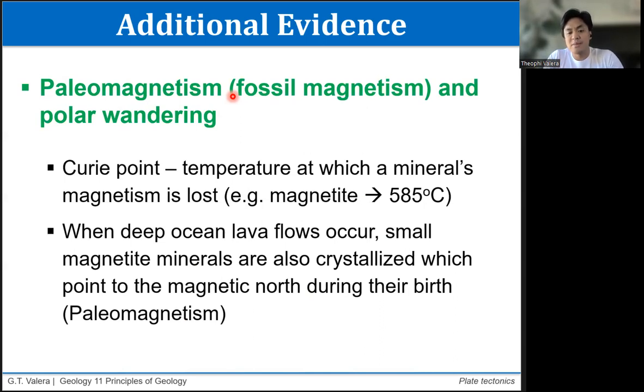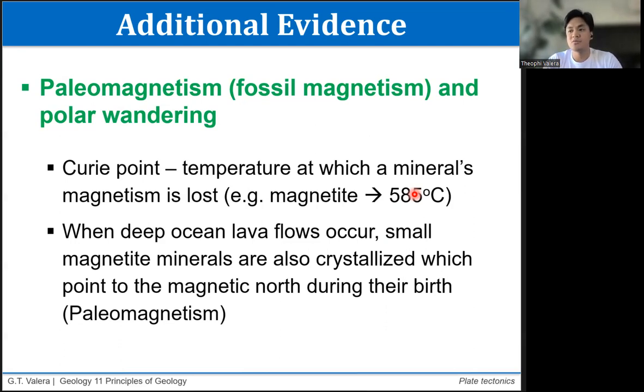So when this magnetite reaches a certain temperature, which we call the Curie point, at which yung magnetism ng mineral na yon is lost. Okay? So anything more than 585, for example, as it is being crystallized from a magma, which is typically around 1000 degrees Celsius, they start to solidify and lose their magnetism as the temperature drops below their Curie point. Okay? So anong importance nun? Well, in the meantime, while they are magnetic and surrounded by a molten material, they behave like a magnet floating on top of water.